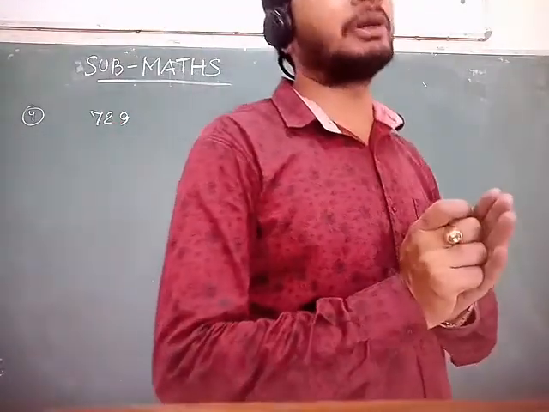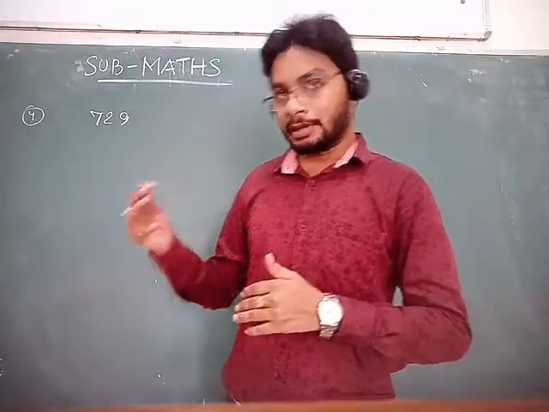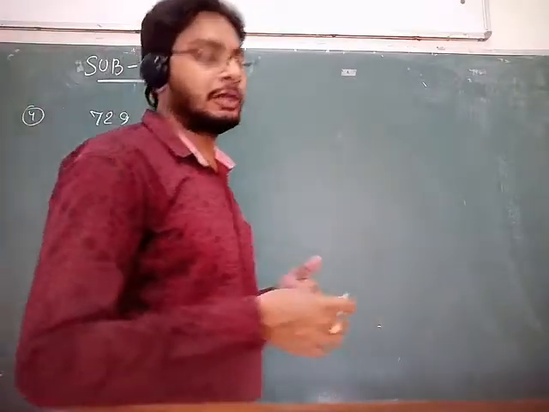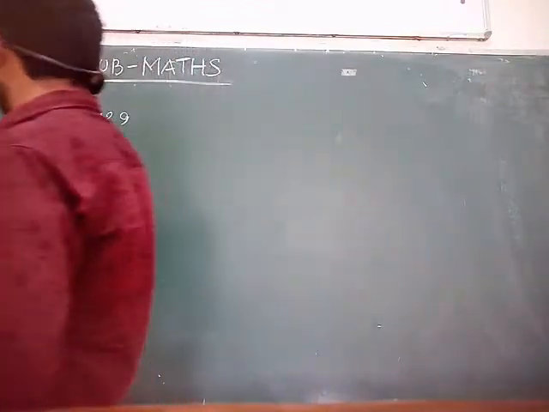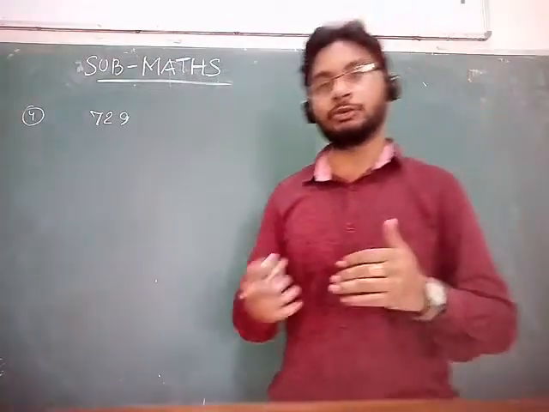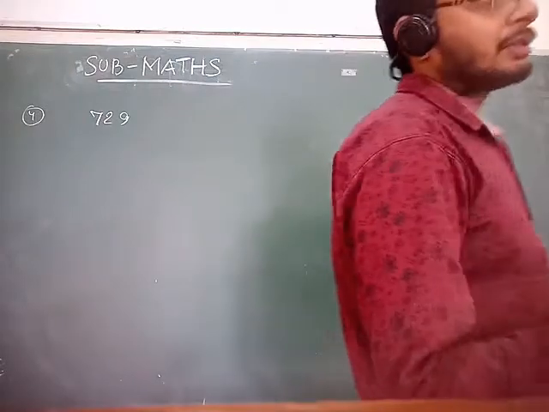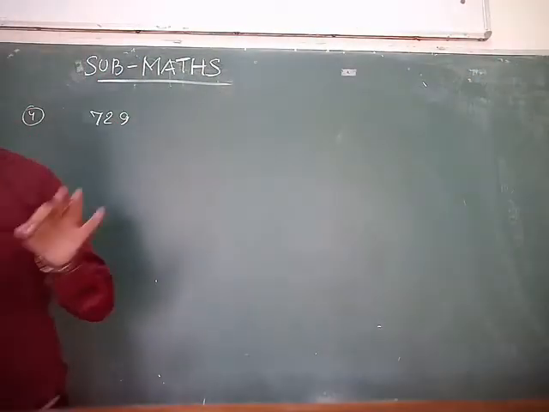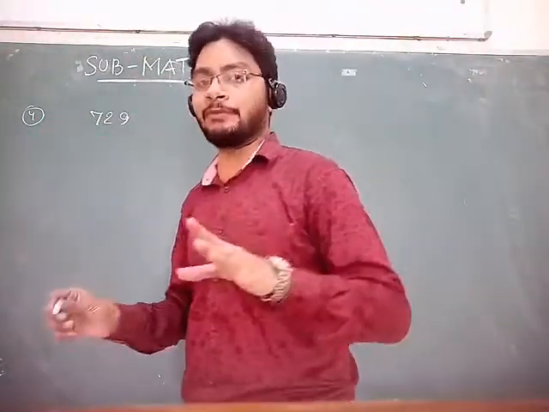You know very well, students, how to use prime factorization method. Everyone knows? By using the prime numbers, you divide a given number. आप prime numbers का use करके जो number आपको given होता है उसको divide करते हैं. So the smallest prime number is 2. हम लोग start करते हैं 2 से. After that 2, then 3, then 5, then 7. But we can use only prime numbers. That's why the name of this method is prime factorization.